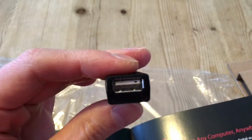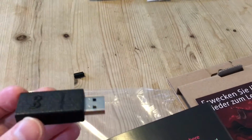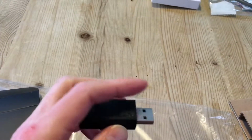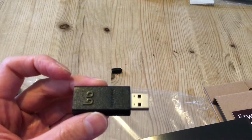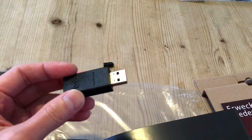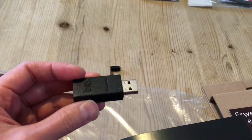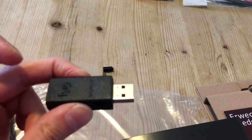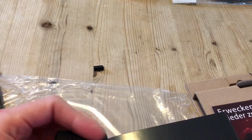So here there is a female USB port, and over here you've got a male USB port. So the idea is you use this inline with a USB accessory. For instance, if you've got a laptop on one end, you would plug that in, and then on the other end you could plug in a really noisy device like an external hard drive or one of those silly USB fans or anything motorized, because those kinds of applications would generate electrical noise on the line, and if you connect that through this filter, then it would isolate the electrical noise from the device getting to your laptop,